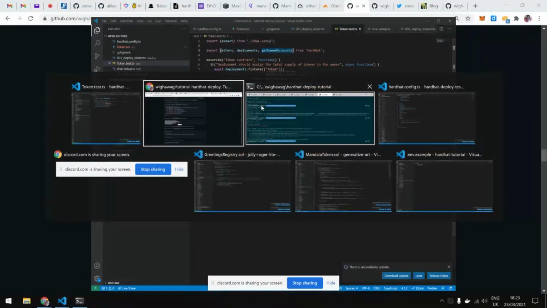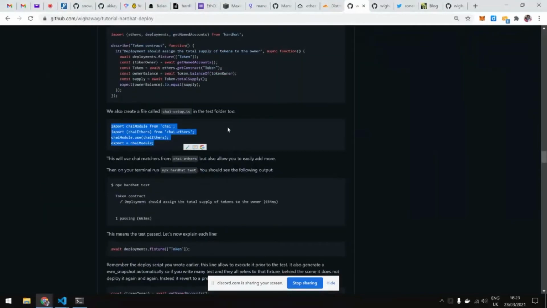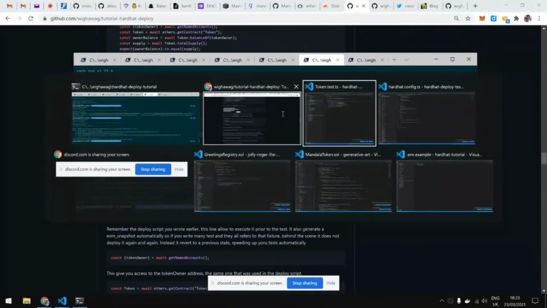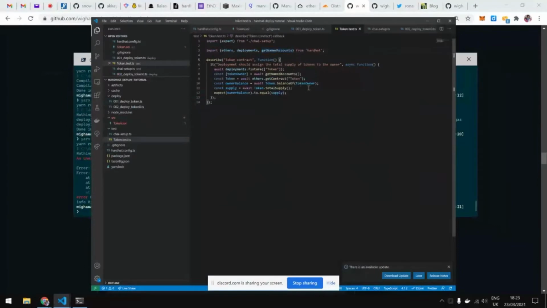Then, to execute the test, I will be able to explain the difference from the traditional approach. At no point here do I need to deploy the token manually. Now we have our deploy script ready, the only thing I need to do is call the fixture function on the deployments field that is provided by hardhat-deploy, and this fixture accepts an array of tags.